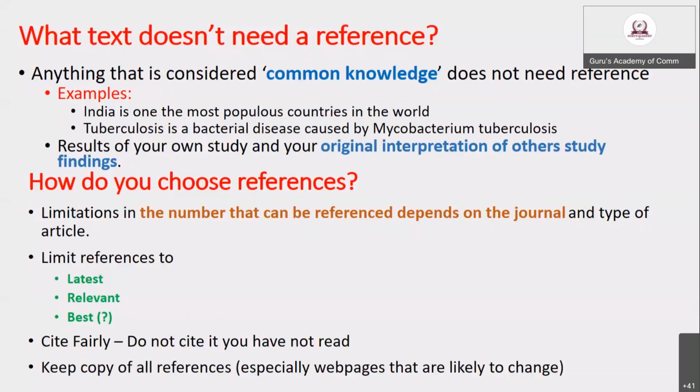Most reviewers in reputed journals, as well as Scopus-indexed journals, ask for the latest reviews. If you collect the latest reviews, that is a merit in the presentation of your article. The relevant and best, these three things are very, very important for the references you have collected.